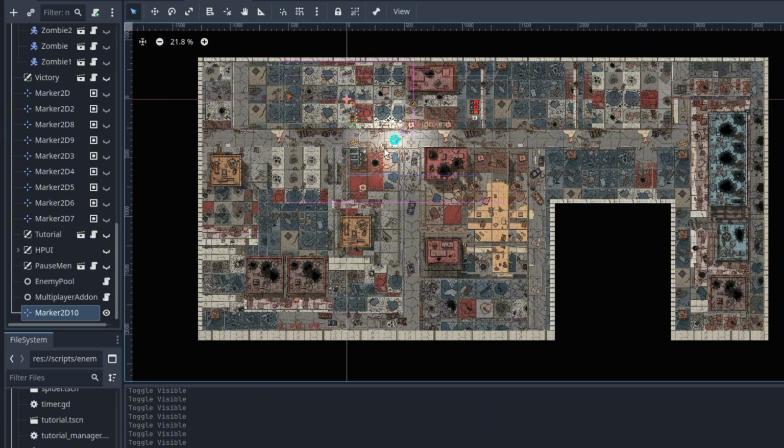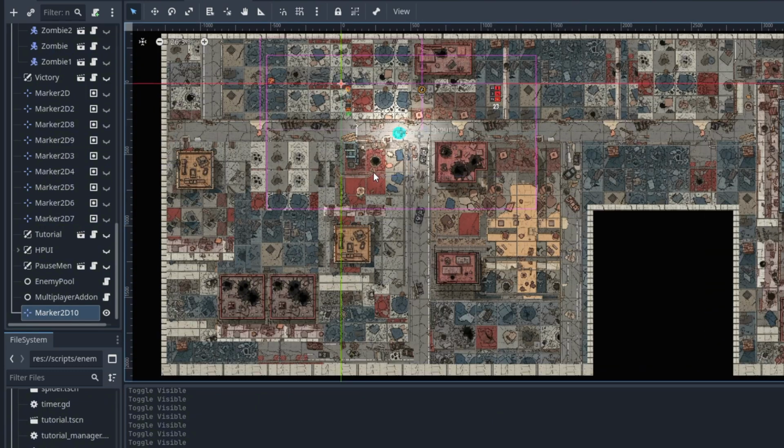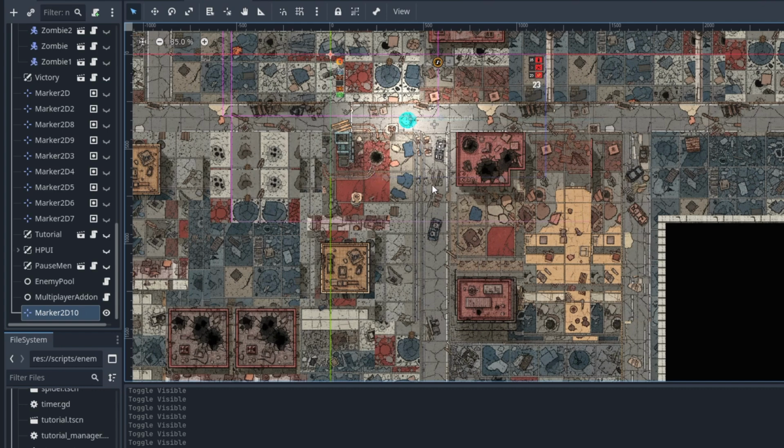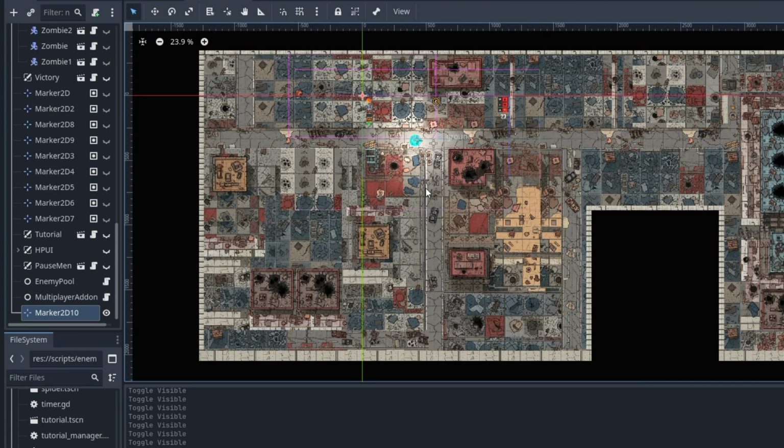the enemy. So note, you don't necessarily have to use Marker2D. There are other methods to reference position in your level scene. You can use code, but for the purpose of this video, this is how I did it in my game. I used the Marker2D node,